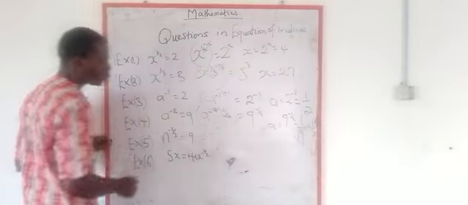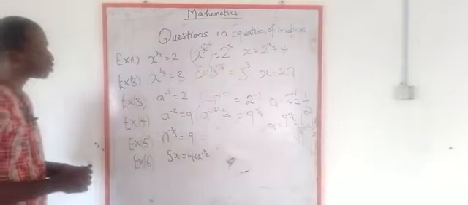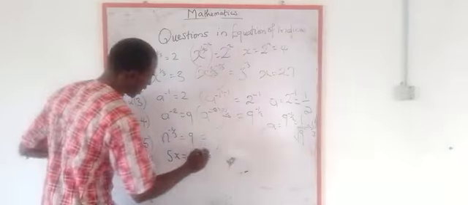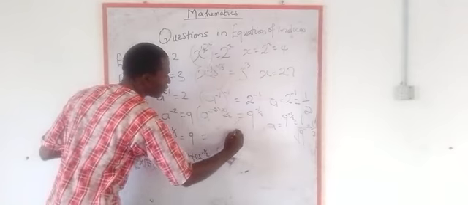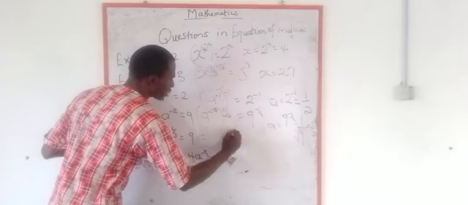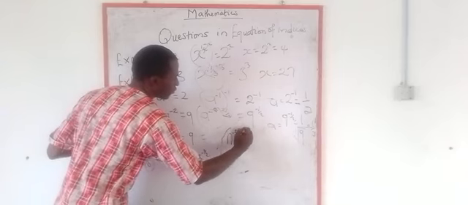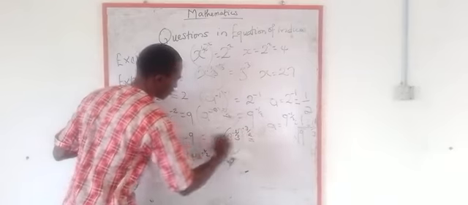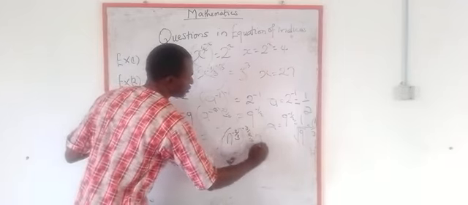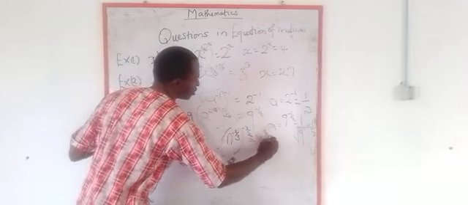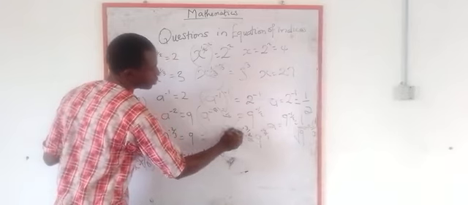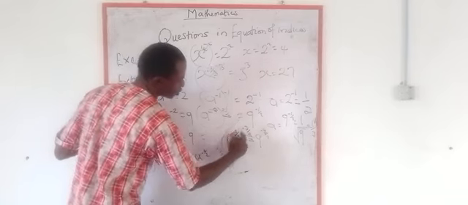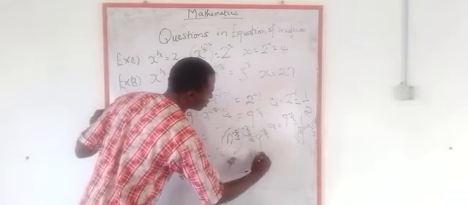Then for this one, we just use the inversion. The inversion is going to be minus 3 over 2, not 2 over 3, to multiply both powers. So if we do that, we are going to have a raised to power 2, that was what was there before, times minus 3 over 2. You are seeing the inversion. So you now have 9 raised to power minus 3 over 2. If you do that, 3 will cancel 3, 2 will cancel 2. Minus times minus will give us plus. Hence now n is equal